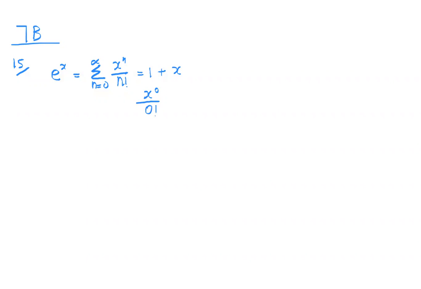If you go to your calculator, do you know how to get the factorial? 0 factorial means no choice is a choice, so the answer here will be 1. The second term will be x to the power of 1 over 1 factorial, that's why it's x. Then the next term will be x to the power of 2 over 2 factorial. 2 factorial is 2, 3 factorial is 6. You can get it from your calculator. We read it as factorial, okay? So you have x squared over 2 factorial.